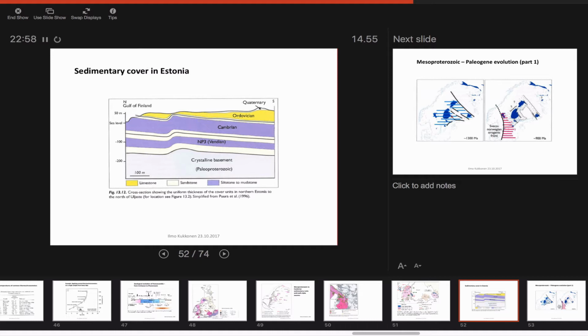It means that if you extrapolate this back to the Finnish side, the sediments probably have been here as well. But what can we say about those? Were they ever sediments here or not? What do we know? Now, in terms of thermochronology,